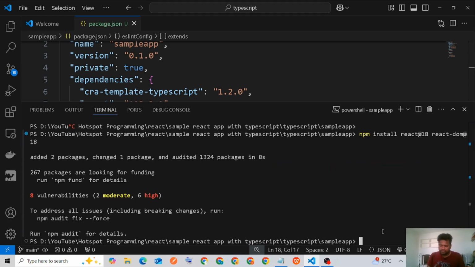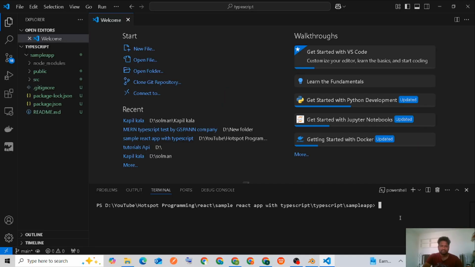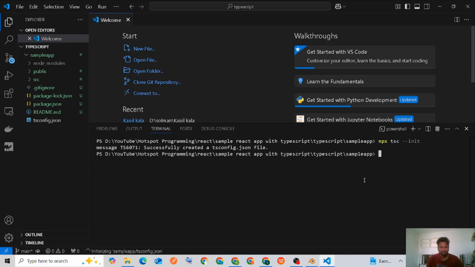and then we are going to npm install -g TypeScript. Okay, and then npx tsc init. Okay, then